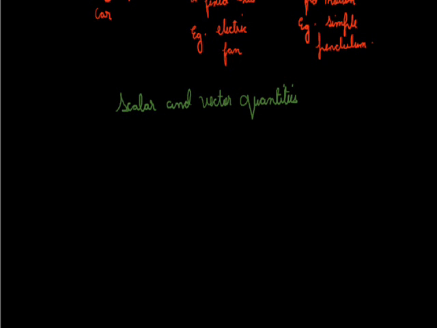They are completely dependent on their value or magnitude. For example, distance, charge, volume. These physical quantities are completely dependent on the value. They don't have any other factor on which they rely. So we can define them as